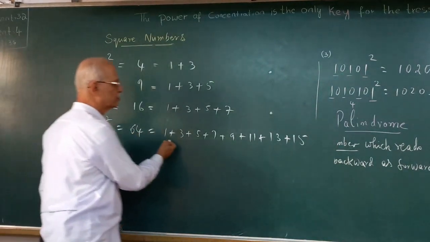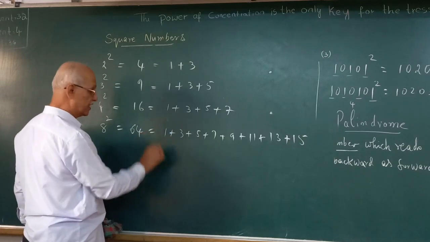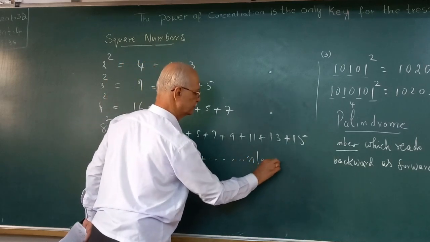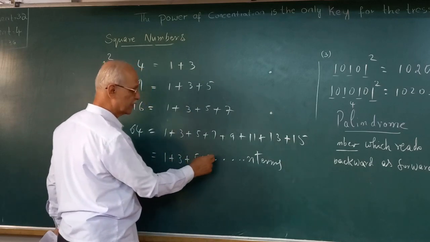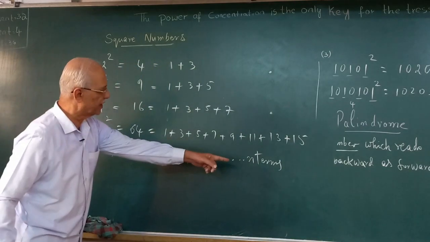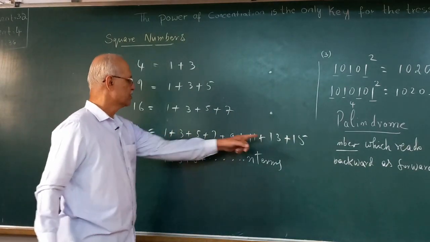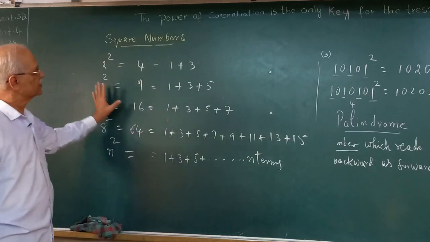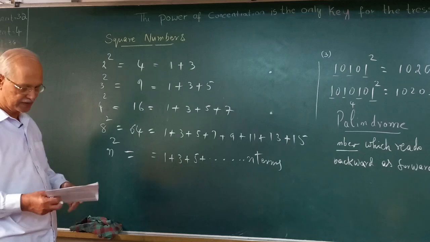So if anybody asks you to find the sum of all these odd numbers, you can write this. In the same way, you can generalize this: 1 plus 3 plus 5 up to n terms. There are n terms here: first term, second term, third term, fourth term, like that. This can be written as n squared. How many terms are there? The square of that is the answer. Here, there are 8 terms, so 8 squared. 4 terms, 4 squared. This is how the numbers are spread, beautifully arranged. This is the beauty of mathematics.